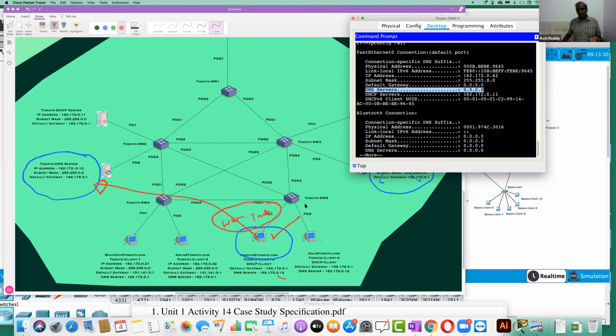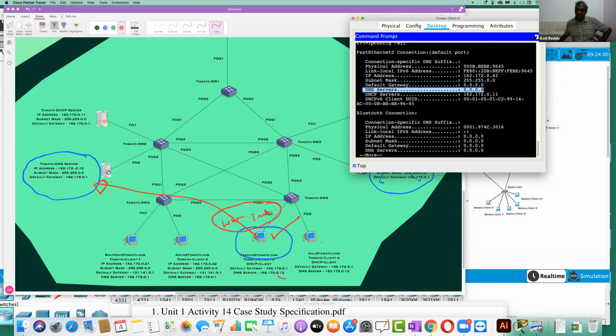It's a simple problem. The problem is the system doesn't have the local site DNS. Farouk's system doesn't have the IP address of the DNS server, right? So Farouk's system doesn't know who the DNS server is. So what should I do now? I should make it act as what? A DNS client of the DNS server, right?